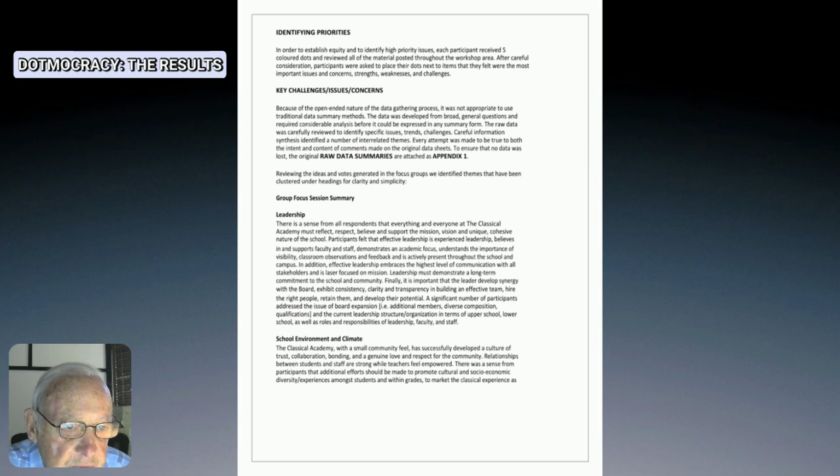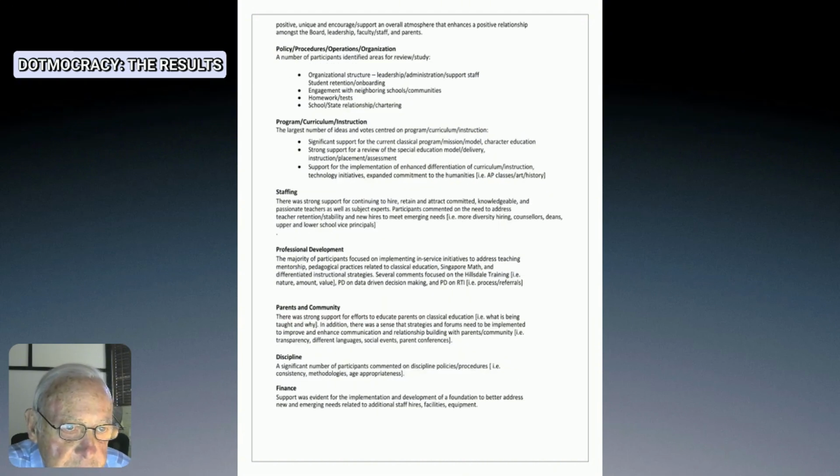You'll also see here the themes that were able to be developed from this particular session. The first one is leadership. The second one, school, environment, and climate. Policy, procedure, operation, organization. Program, curriculum, instruction, staffing, professional development, parents and community, discipline, and finance. So these were able to be developed from the data that was collected, and it now puts it in perspective